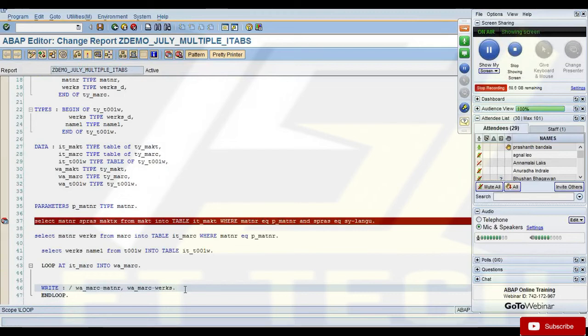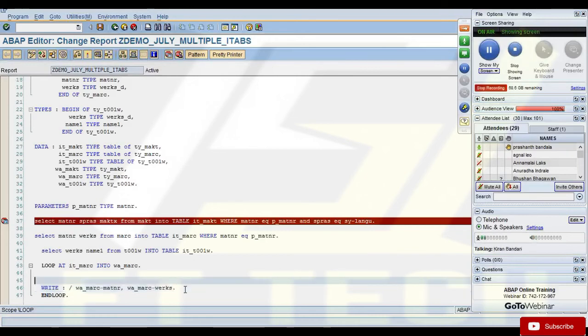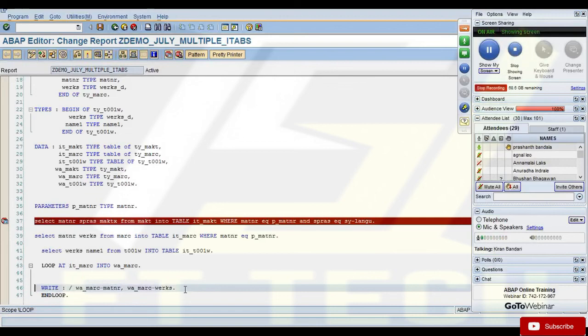So after, we have to read the MAKT table. One thing you tell me, you want to write the read statement within the loop or outside the loop? You need to write within the loop. Within the loop, okay.